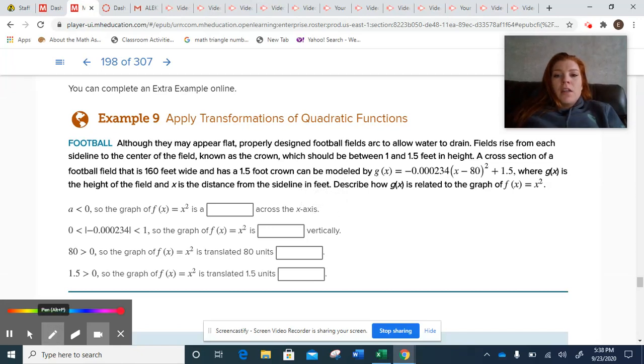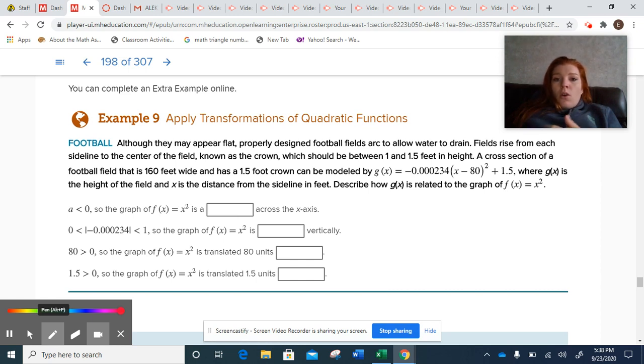All right, example 9 gives you this word problem about a football field. Although it may appear flat, properly designed football fields arc to allow water to drain. Fields rise from each sideline to the center of the field, known as the crown, which should be 1 to 1.5 feet in height. The cross section of a football field is 160 feet wide, and a 1.5 foot crown can be modeled by